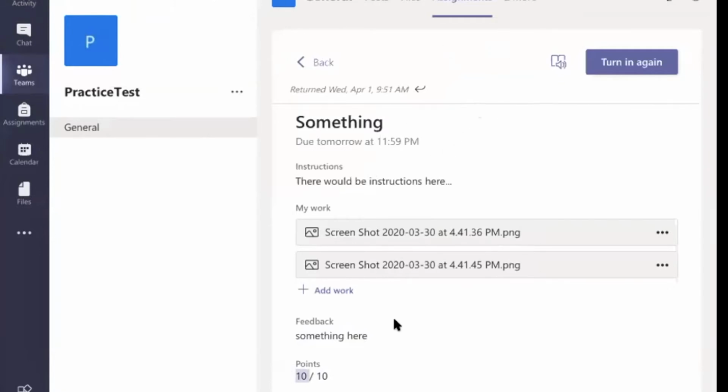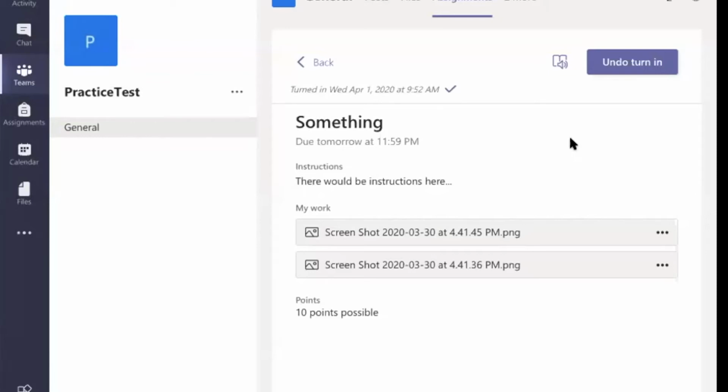And then if you need to, if the submission time hasn't passed and I say, hey, maybe you could edit something on this, you can always try turning it in again. So there is a benefit to that, wherein if you want some feedback before the final deadline has closed, you can always do that and I can give you some feedback. The important thing is that you click turn in, because if you don't click turn in, it looks like you're still working on your submission. You can exit out of Teams and it'll still just look like you're working on your submission. For me, it just says viewed.